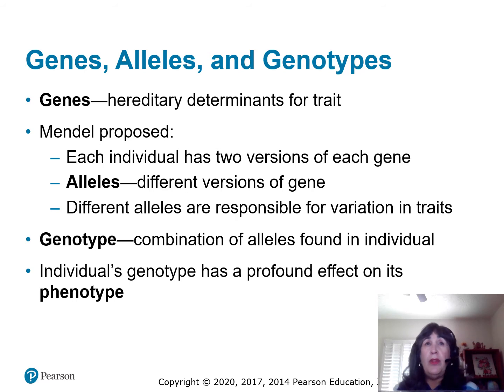We know now that there are these things called genes and alleles. Okay, so remember what a gene is. It's just enough heredity or DNA material to code for a trait. And genes are found on DNA. So on a single strand of DNA, you can have many, many genes. When you put homologous pairs together, remember, that's one from mom and one from dad, then you have variations of a trait.